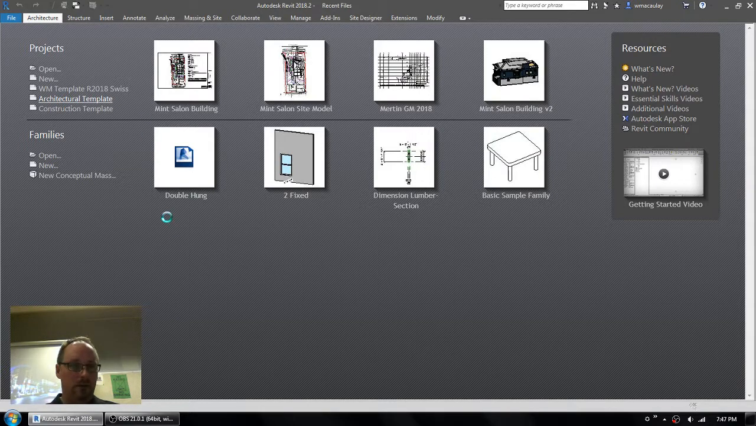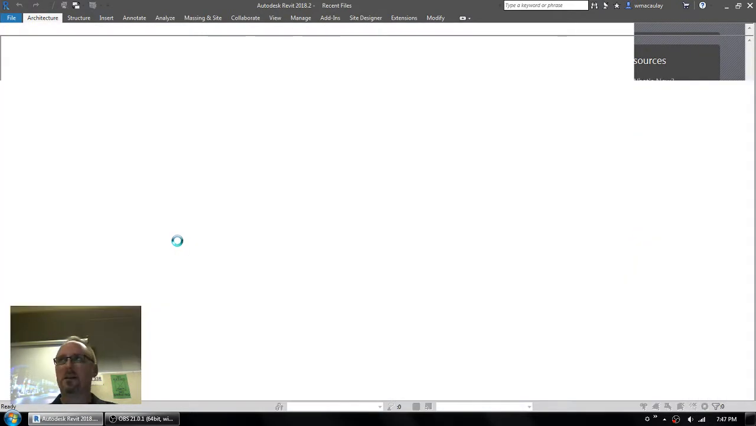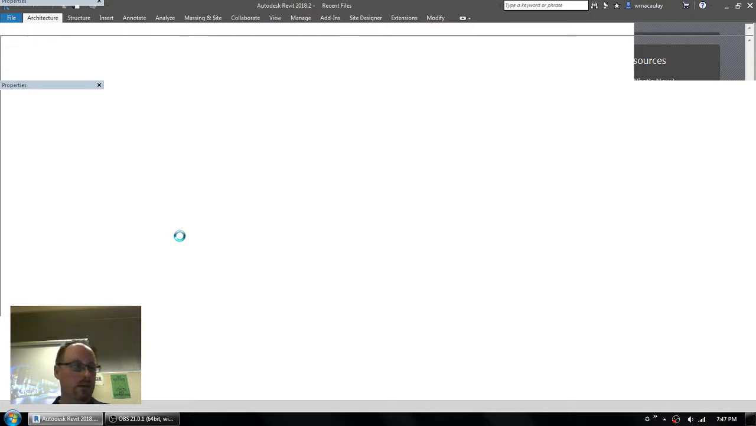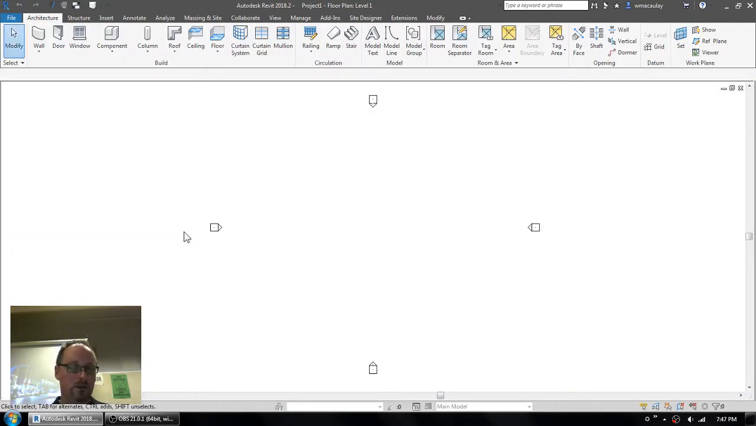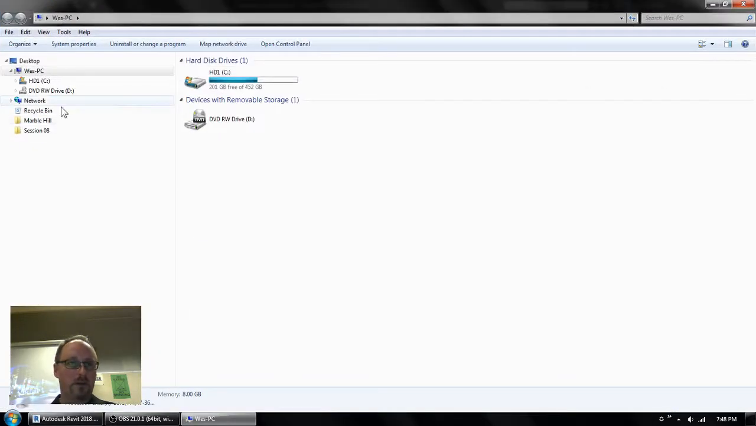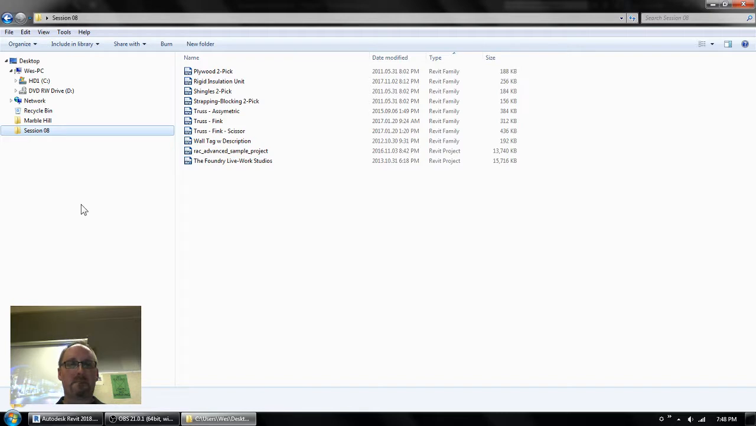Now, in our session 8 folder for tonight, I have a few families that you folks should find useful in the future for detailing work. And I'll point out a few of them that are in here. We've got plywood and shingles and strapping and blocking. So we're going to look a little bit more at this